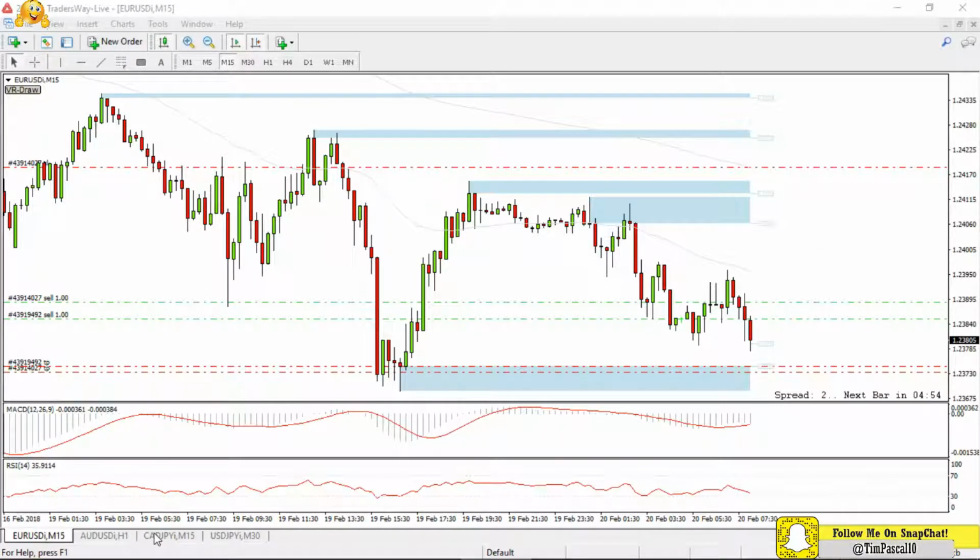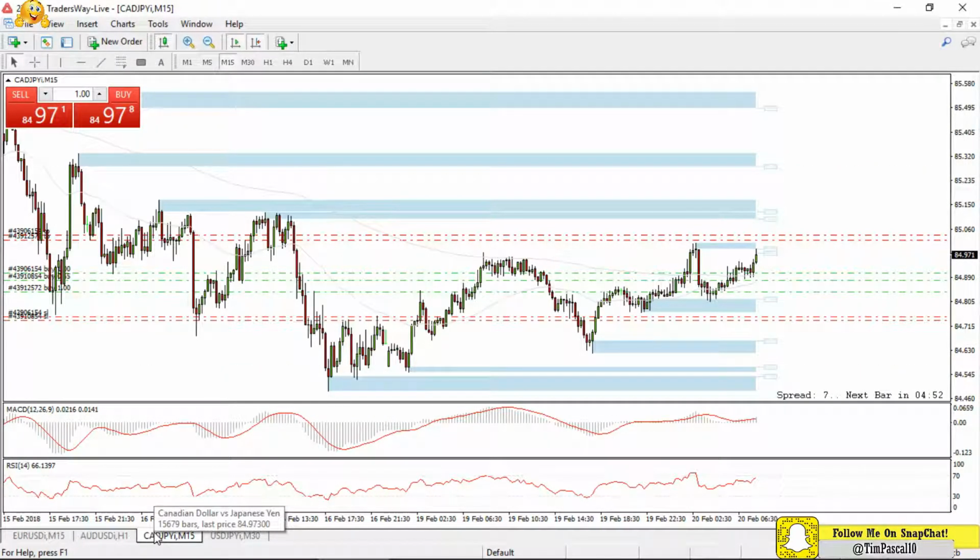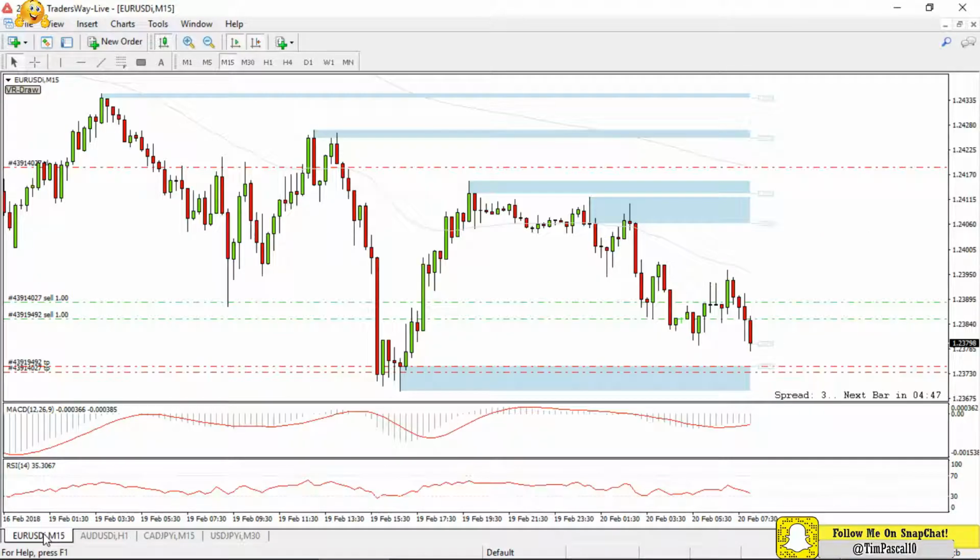Also, it doesn't hurt that I'm in profit on CAD too. I'll drop a video on why I got on this trade as well, maybe another time. But really I'm about to close these trades out and just go to sleep. It's 1 in the morning. I'll probably wake up around 7 and get ready for New York.